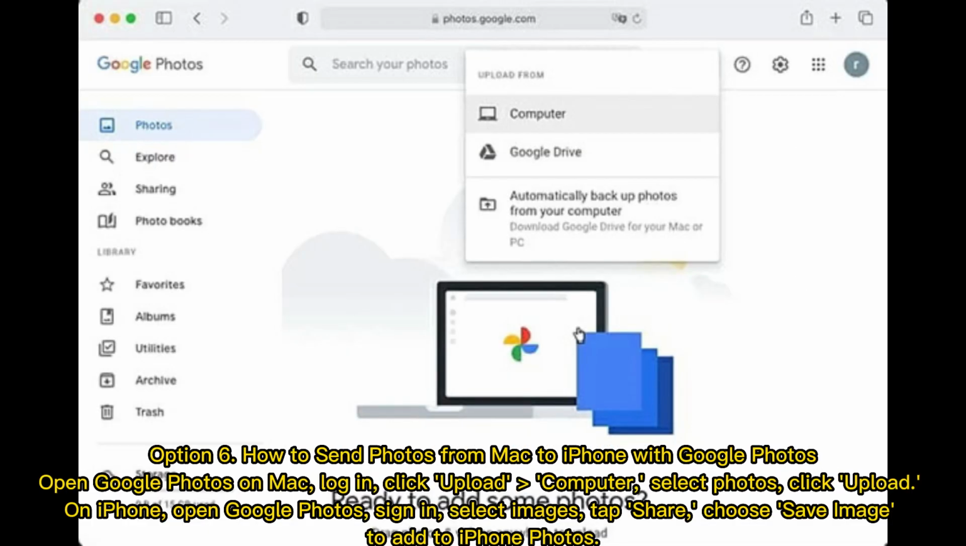Option 6. How to send photos from Mac to iPhone with Google Photos. Open Google Photos on Mac. Log in. Click Upload Computer. Select Photos. Click Upload. On iPhone, open Google Photos. Sign in. Select Images. Tap Share. Choose Save Image. To add to iPhone Photos,